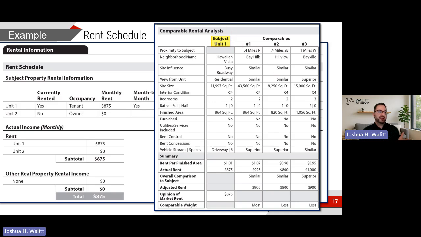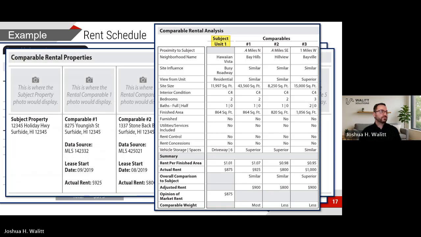Off to the right would be subject unit 2, and then below if there was a subject unit 3, and so on. So notice in the rental analysis, the rent study, it's all qualitative. There are no numerical adjustment spaces. And yeah, sorry about that. We have that one stuck in the front, but here's just where the photos will appear for each of the rental comps.